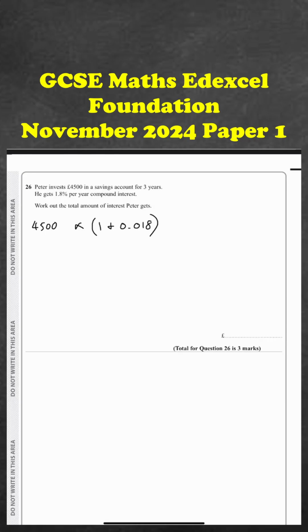Now that's your 1.8% interest added on top. And because it's across 3 years, it's compound interest, we can just do cubes. So we can do it in one smooth motion on the calculator. So 4,500 multiplied by, open brackets, 1 plus 0.018, close brackets, to the power 3. And I get